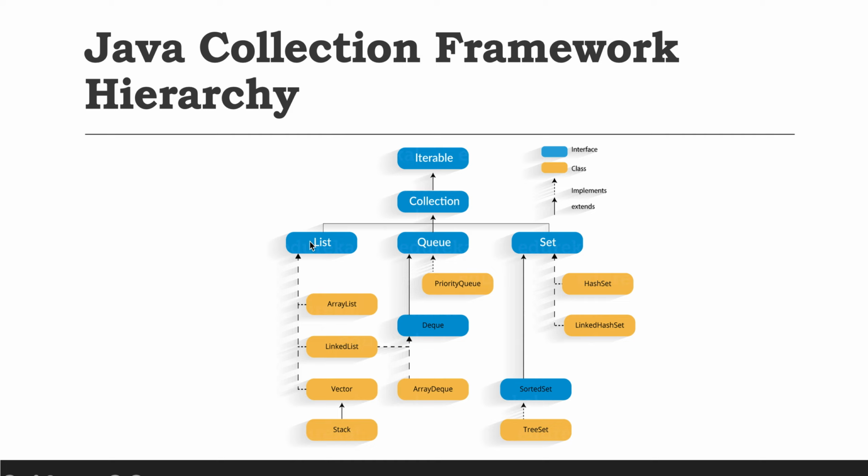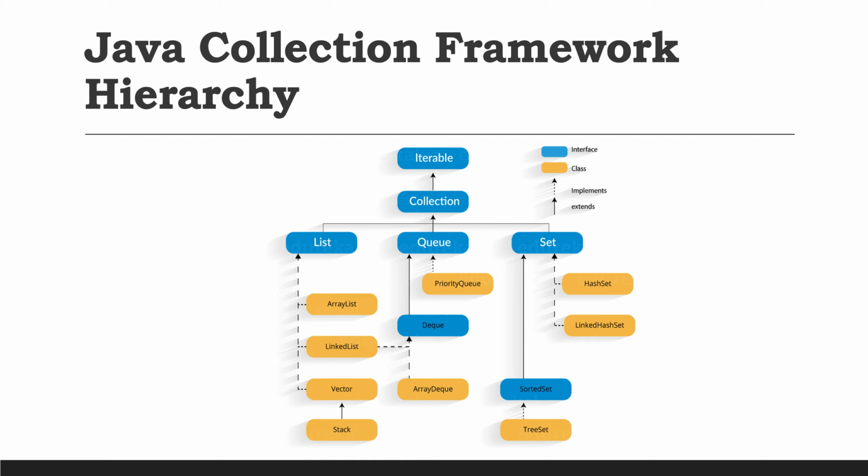Like list has its implementation classes like ArrayList, LinkedList, and Vector, and all of these perform some common operations but in a different way. Similar to that, set also has other collections which perform some common operations in a different way. We will see each of the collections one by one, and we will also see what the differences are and how the collection framework solves or performs operations on a group of objects.